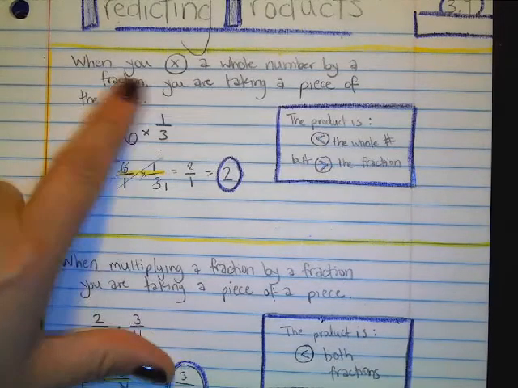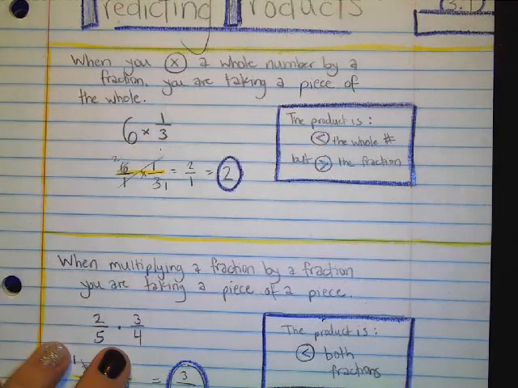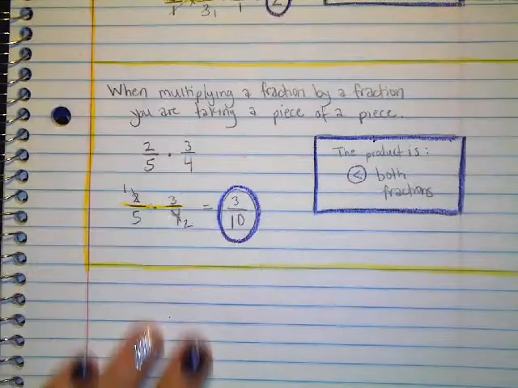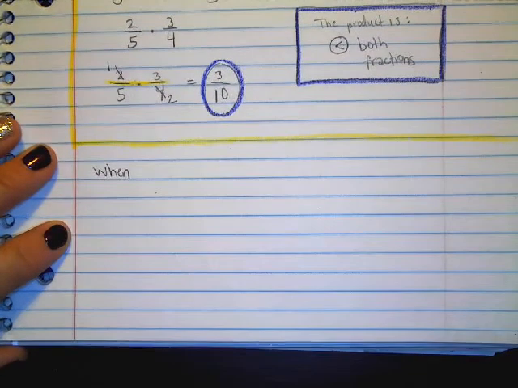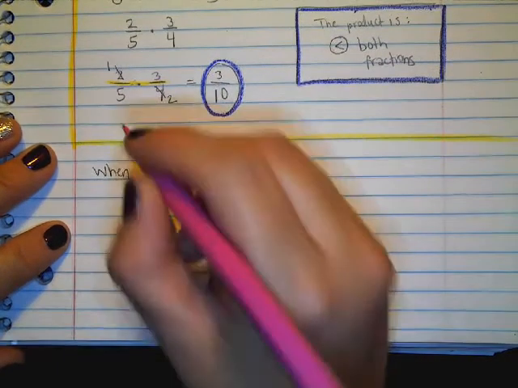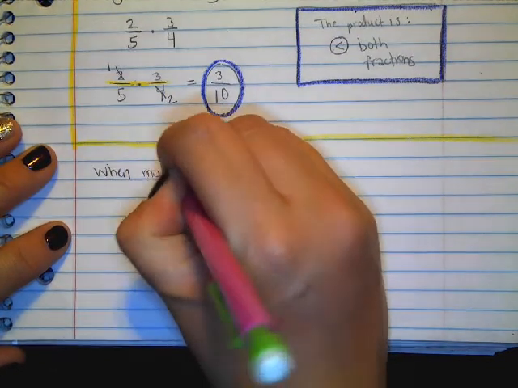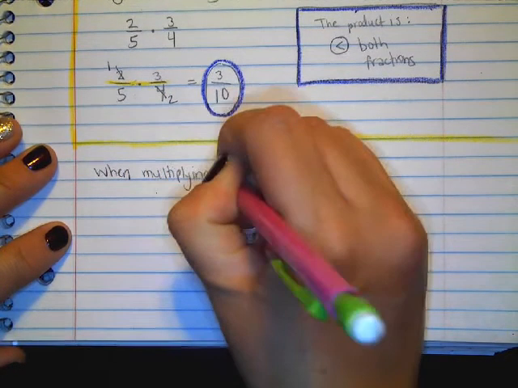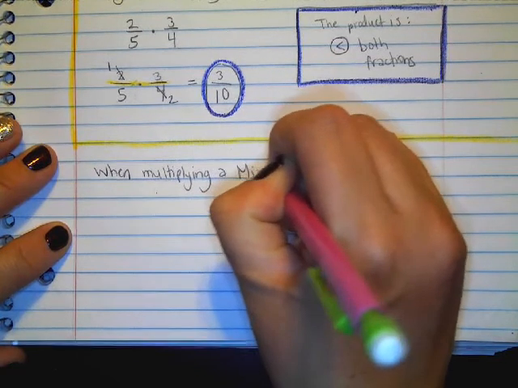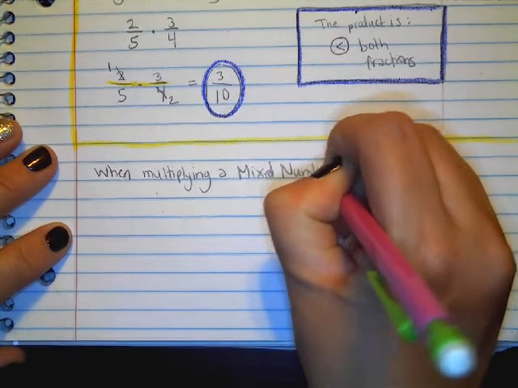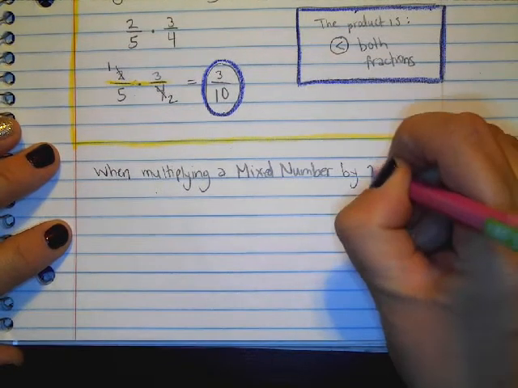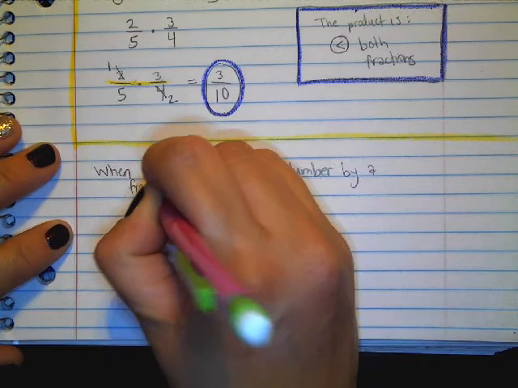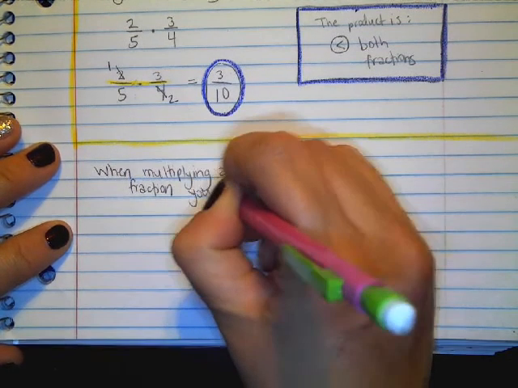Another one I want to check is, so we've done a whole number and fraction together, and we've done two fractions. One thing that we haven't done is a mixed number. So let's write this next statement here. When multiplying a mixed number by a fraction, you're going to really have to know what a mixed number is. When multiplying a mixed number by a fraction,